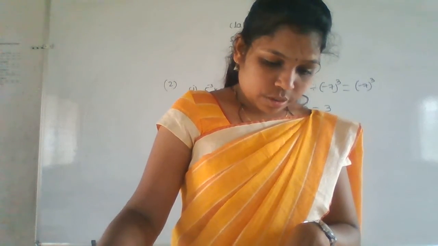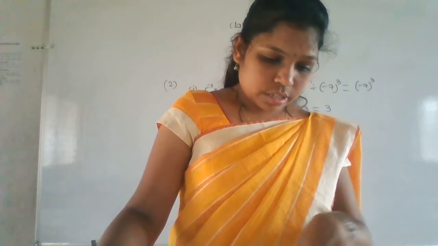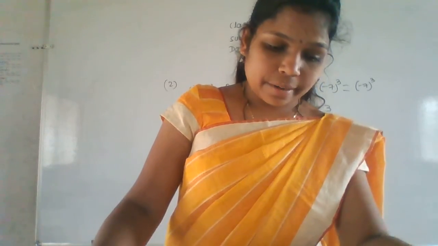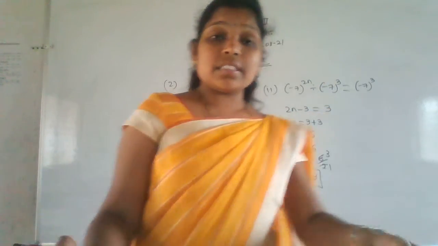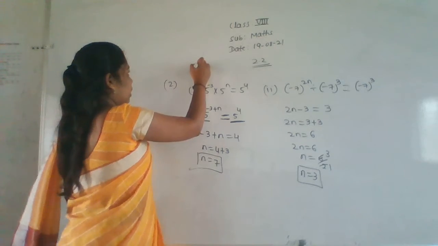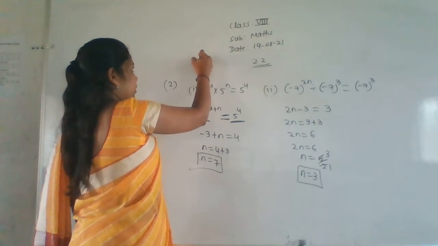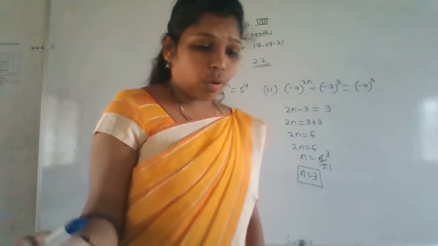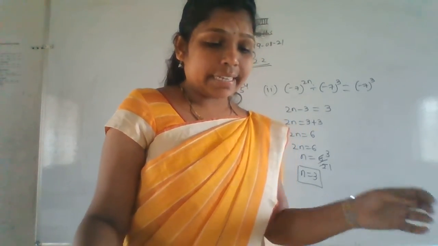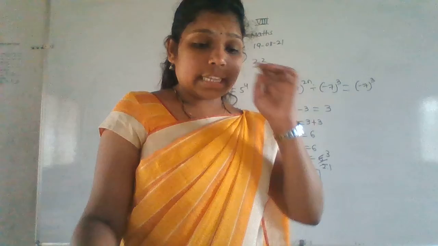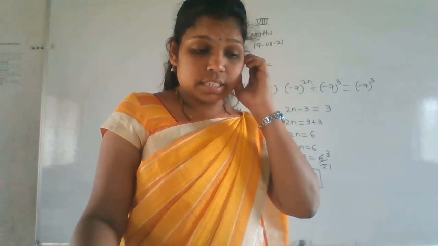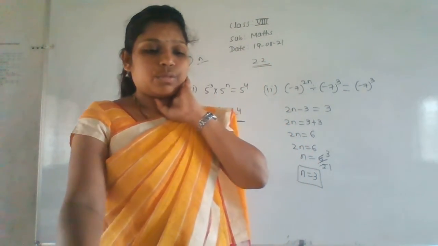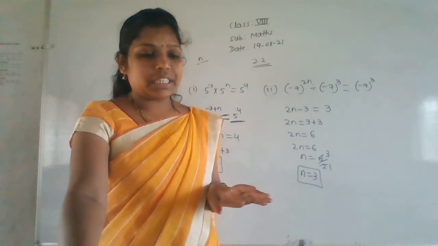And similarly for the last one, the fifth one also, again that is 5 to the power n. Whenever there is a small black ink mark like this, that means n. Make it n here. In the third, fourth and fifth problems, make it n only. Then only you can find the n value, otherwise you can't find it. So the next three problems, do it yourself.